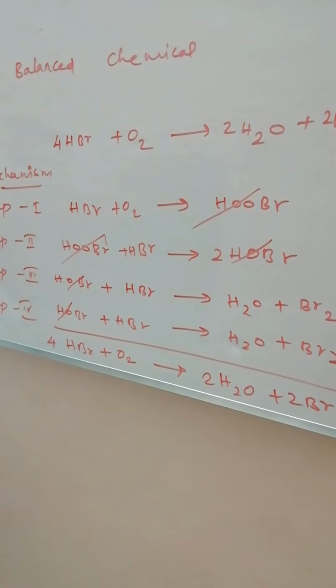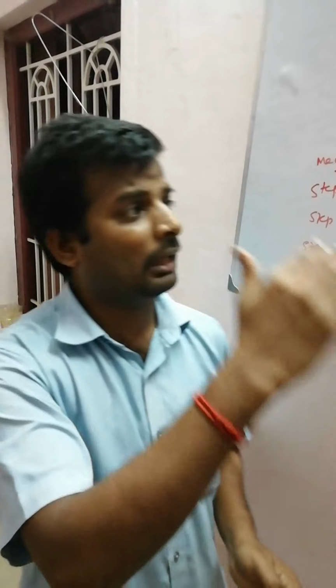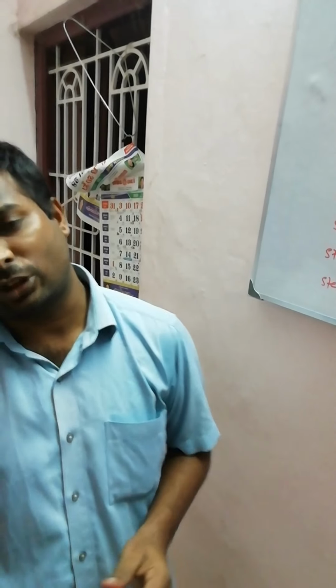Now I have already explained order. What is order? Order means the sum of the powers of the concentration terms raised in the rate law expression. From the example I have given, there is a difference between stoichiometric coefficient and order. Order is experimentally determined. Order may be 0, 1, 2, 3, a fraction, or even negative. Order is applicable for elementary reactions as well as complex reactions.